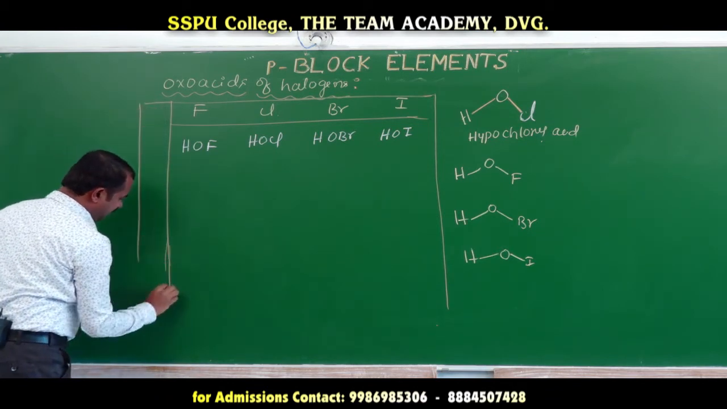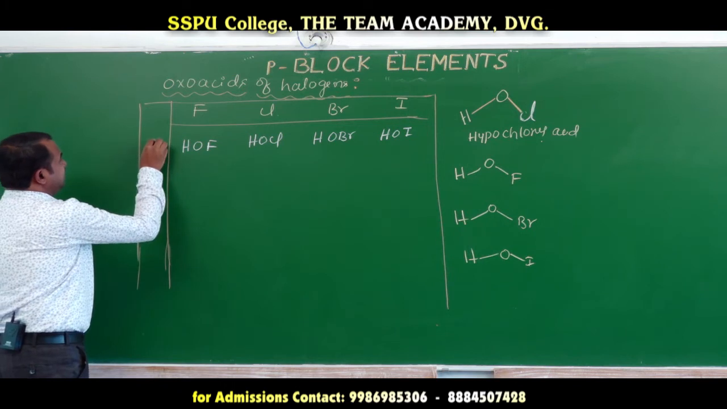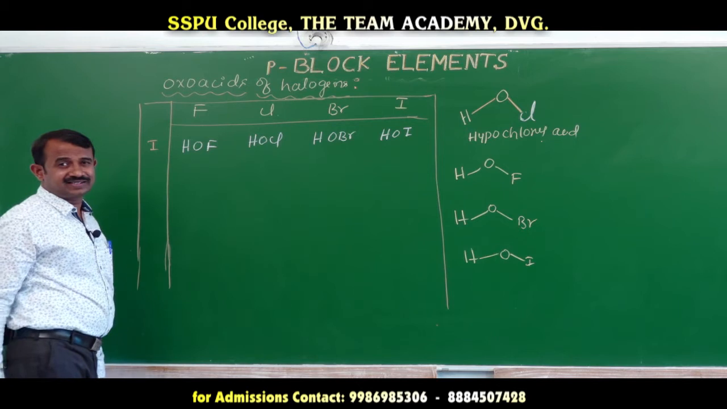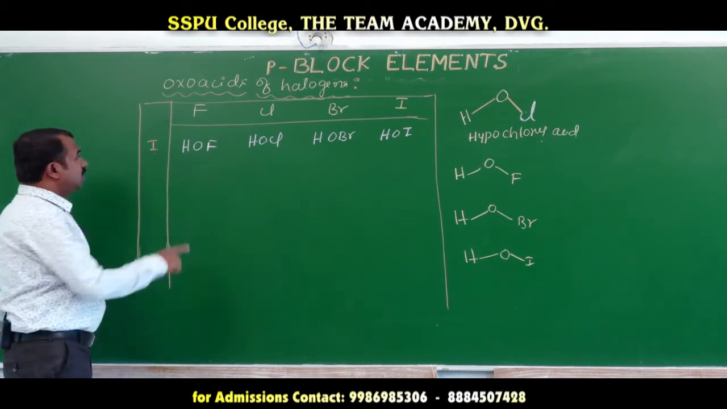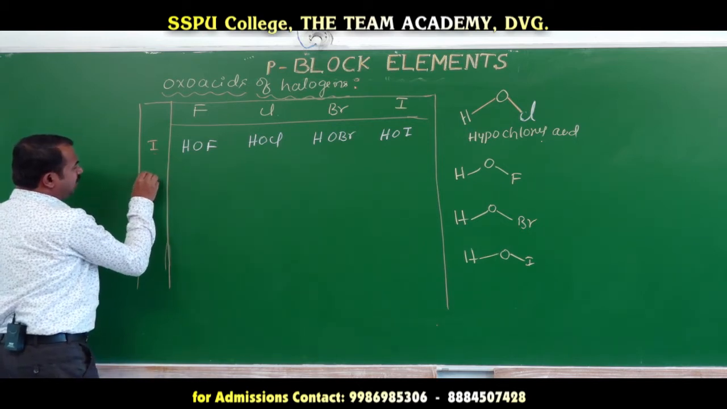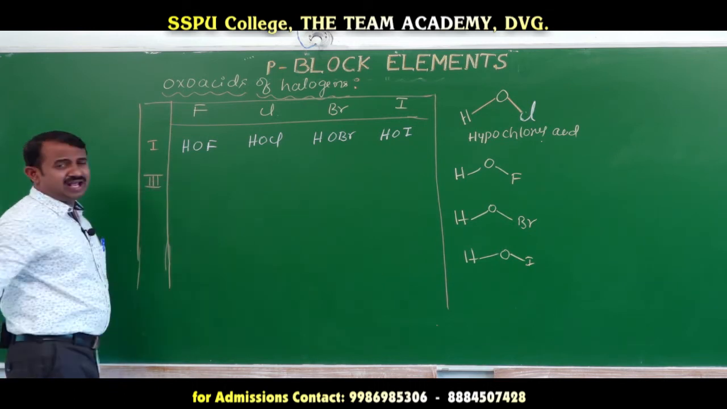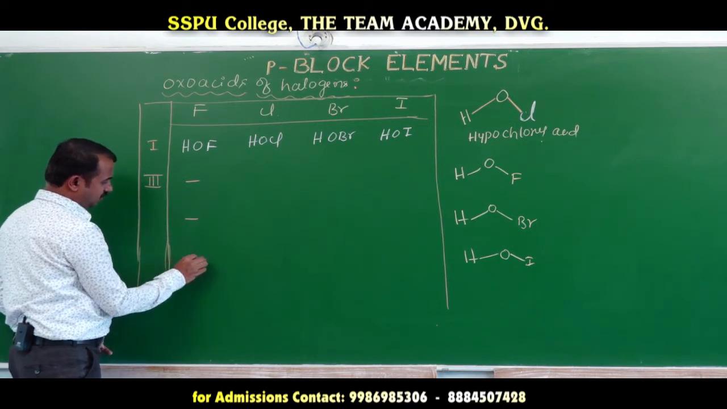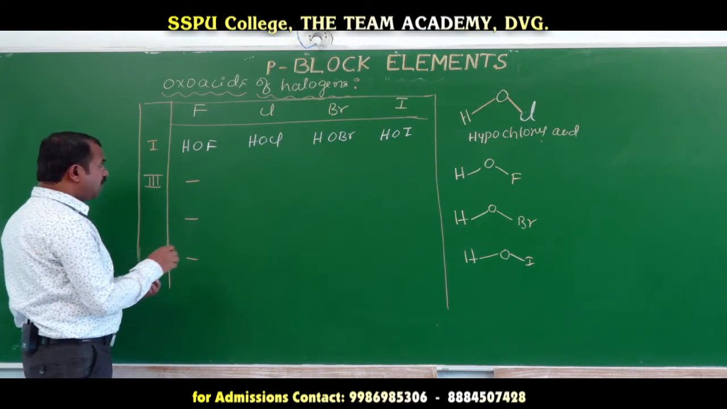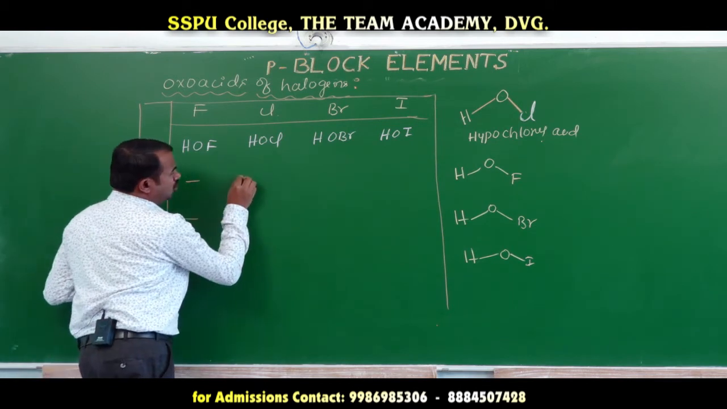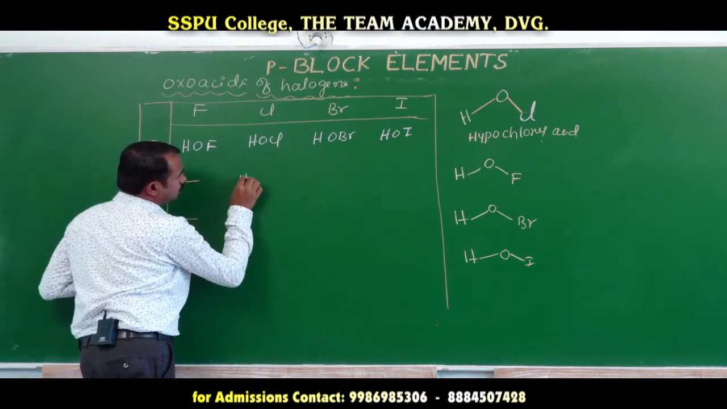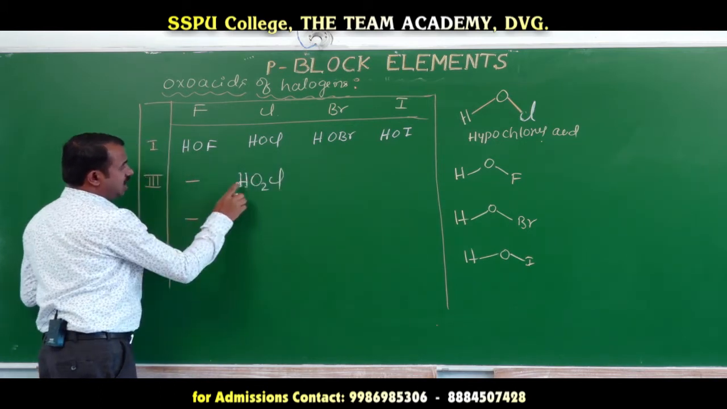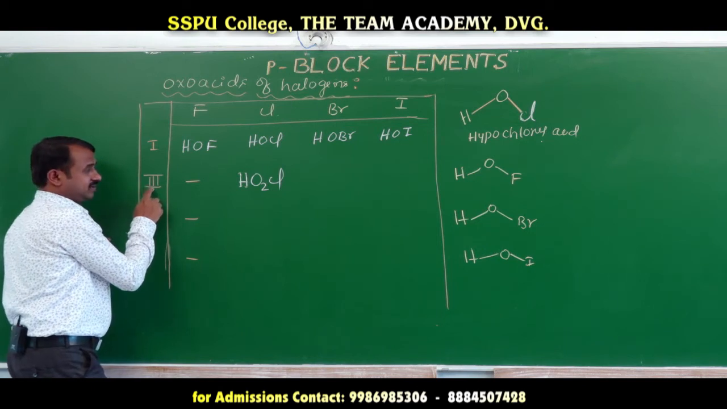Next, fluorine does not have a vacant d orbital. That's why it forms only monooxo acids. Oxidation state is 1. Monooxo acids do not form trioxo acid. Oxidation state 3 is not formed, 4 is not, 5 is not formed, 7 is not formed. Next we will go for hypochlorous acid. HO2Cl, oxidation state 3. Okay,